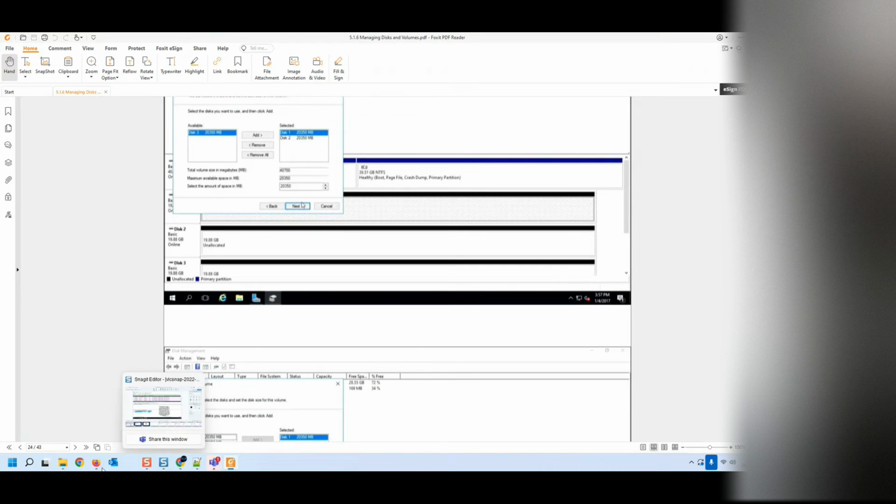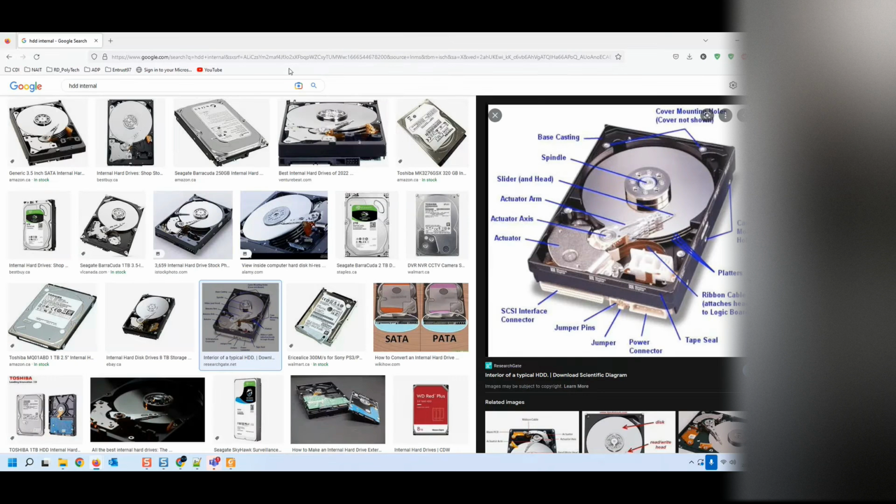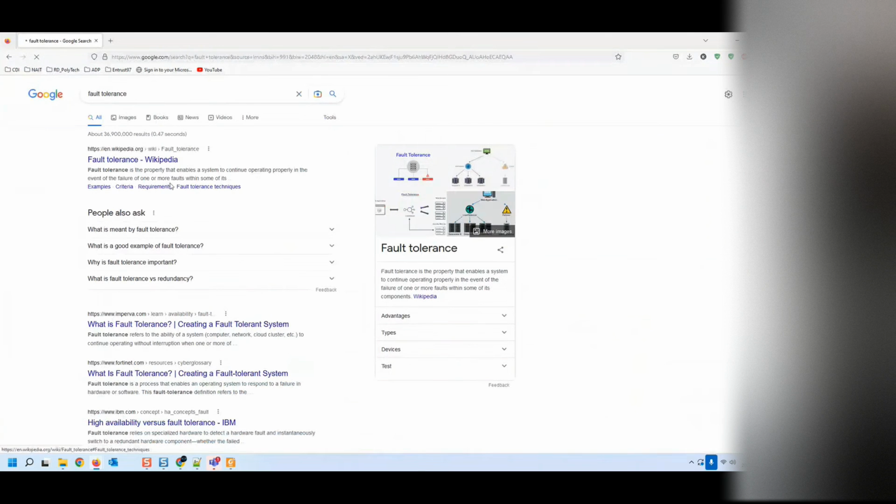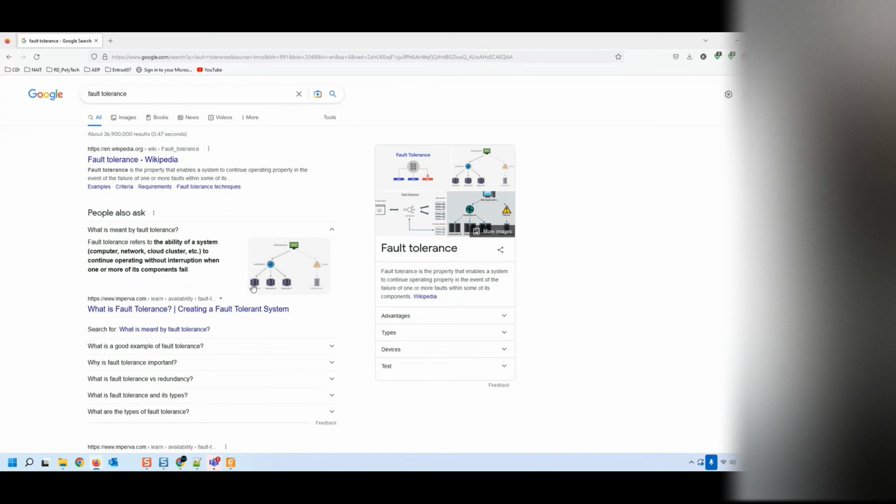If you look at the definition, it's an operating system definition as well, which I want to mention. Somebody may ask you, what is fault tolerance? If I look at this definition here, fault tolerance is the property that enables a system, any system, it is not just related to computer systems, it's any system that we are talking about, to continue operating in the event of the failure of one or more faults within. So what can happen is, let's say you have a drive